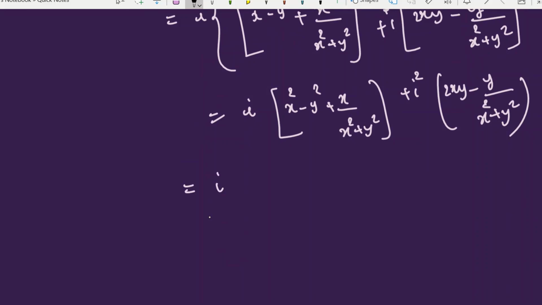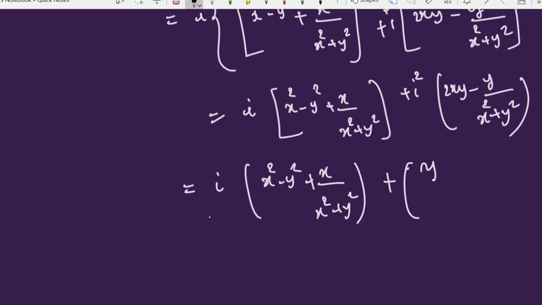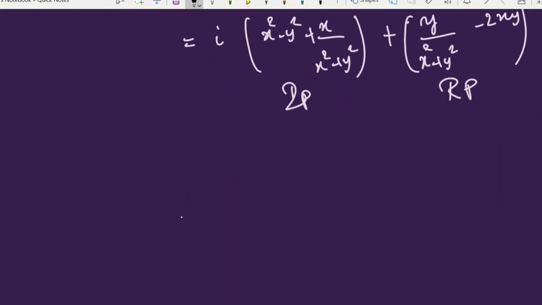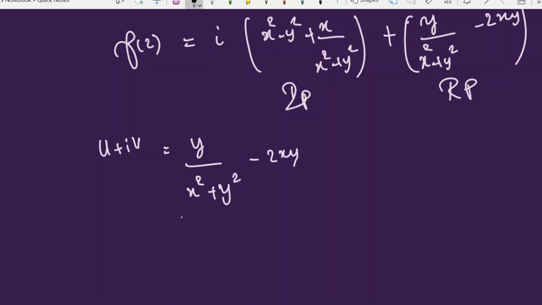So i times x square minus y square plus x by x square plus y square minus, i square value is minus 1, so I will move this minus 1 within this bracket. It will become, this is positive and this is negative. y by x square plus y square minus 2 times of xy. So now this is my real part and this is my imaginary part. So u plus iv is f of z. This is our f of z. So u plus iv is y by x square plus y square minus 2 times of xy plus i x